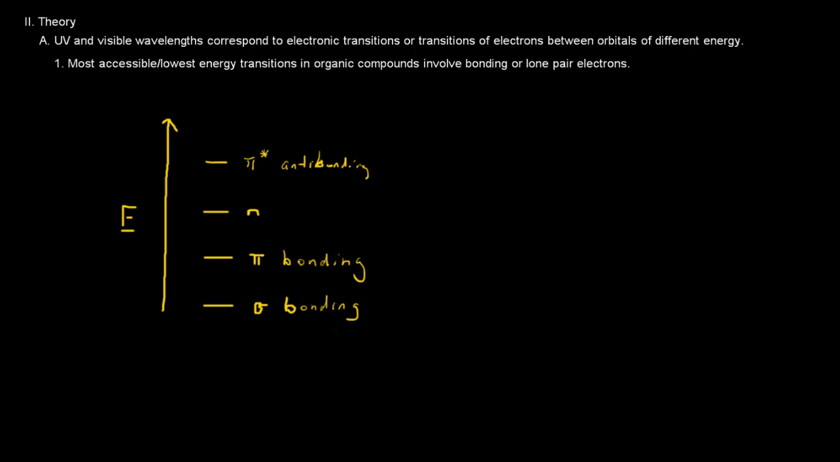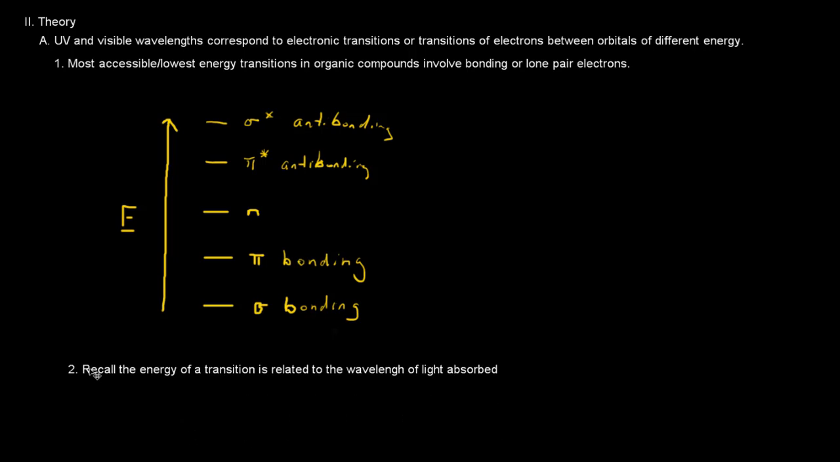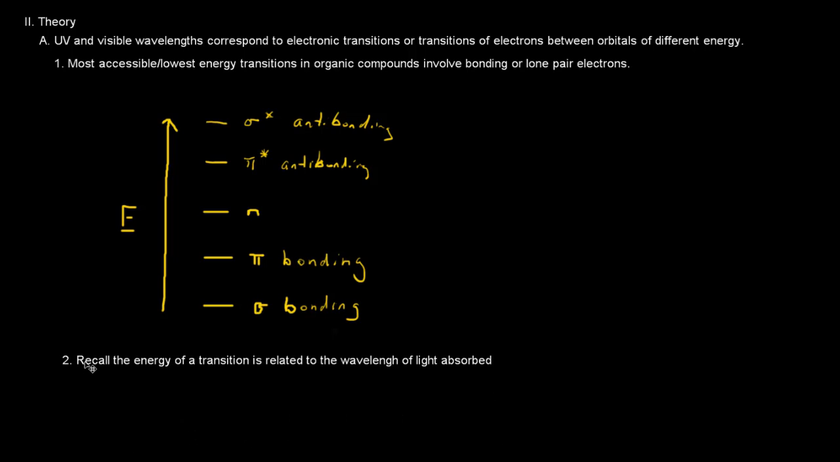And the highest energy of all are the sigma star antibonding orbitals. And so in ultraviolet and visible spectroscopy, we're going to see transitions of electrons in either non-bonding or bonding orbitals to these antibonding orbitals. Now recall, we learned in general chemistry that the energy of the electronic transition